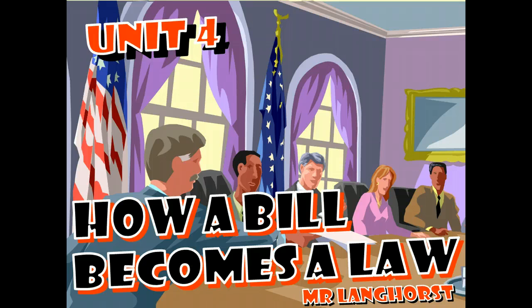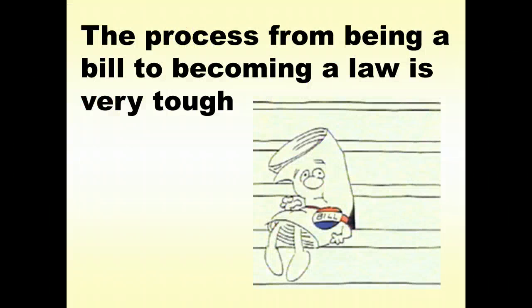It is important to note as we begin that we're going to talk about 8 basic steps. If you wanted to become much more detailed about it, you could. I'm just going to talk about 8 very broad steps. It is important to also remember the chronological order, because at any point along the way a bill could possibly die, and if it doesn't go any further along these steps, then it has no opportunity to become a law. So keep in mind that the order of these steps is important. Now, the process of a bill becoming a law is very, very difficult.